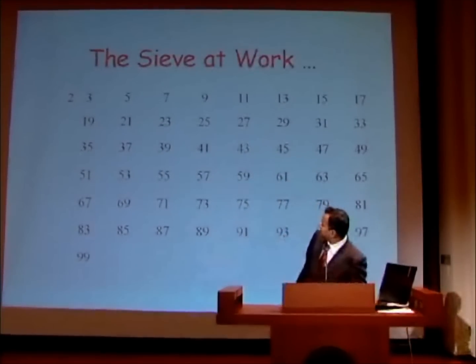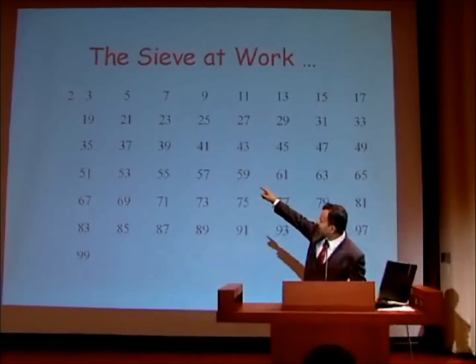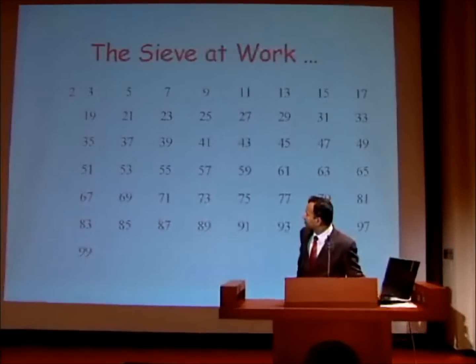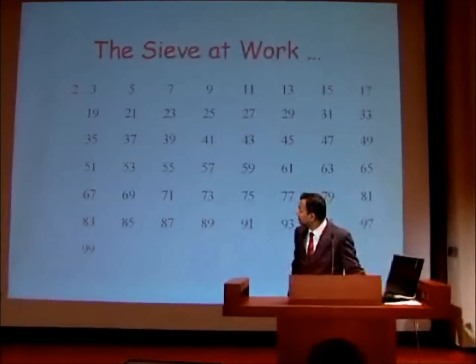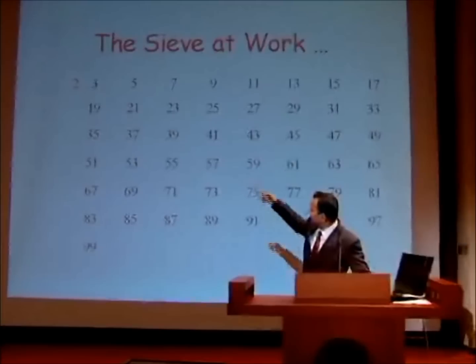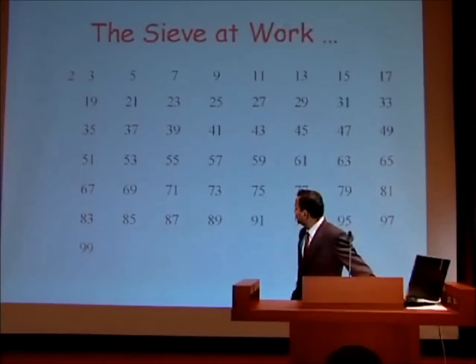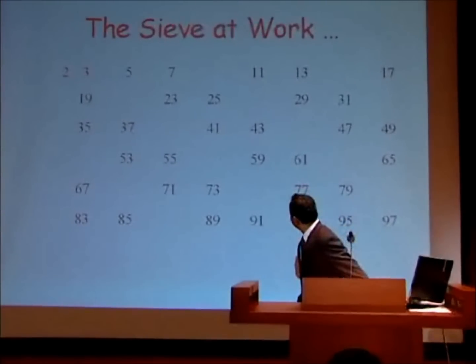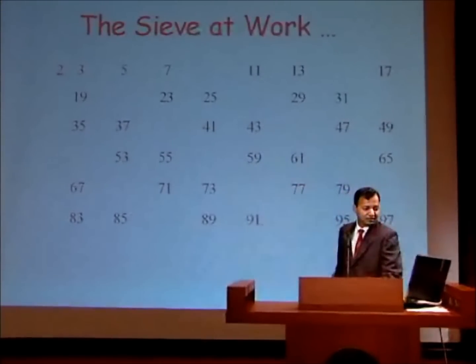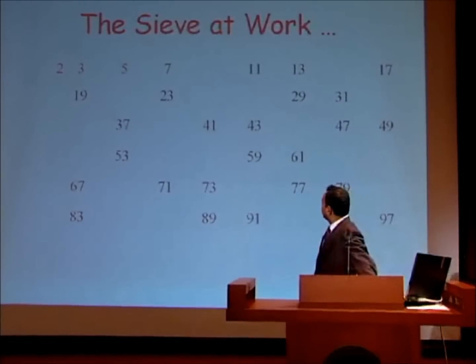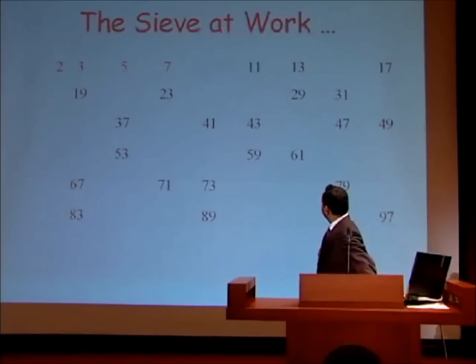Now the first uncrossed number. I'm coloring the numbers red to represent that they are crossed out. Sorry, the crossed outs are vanishing, and 2 we have already covered. So the next number is 3, and the multiples of 3 now go out. The next number is 5, and there go out the multiples of 5. Then 7.